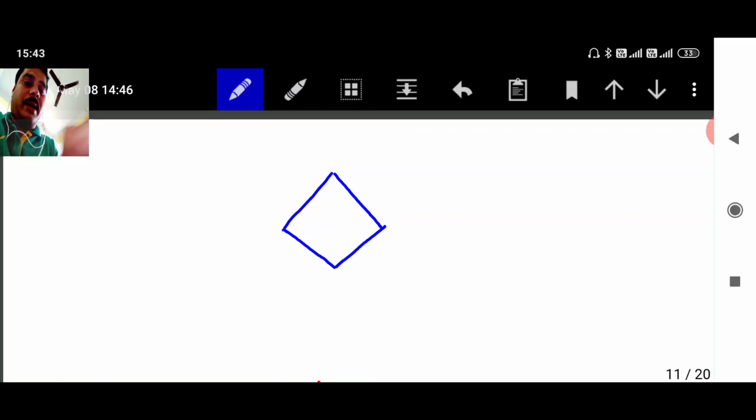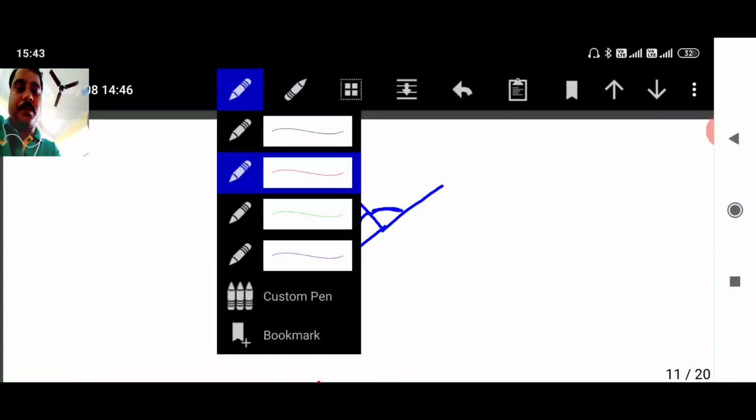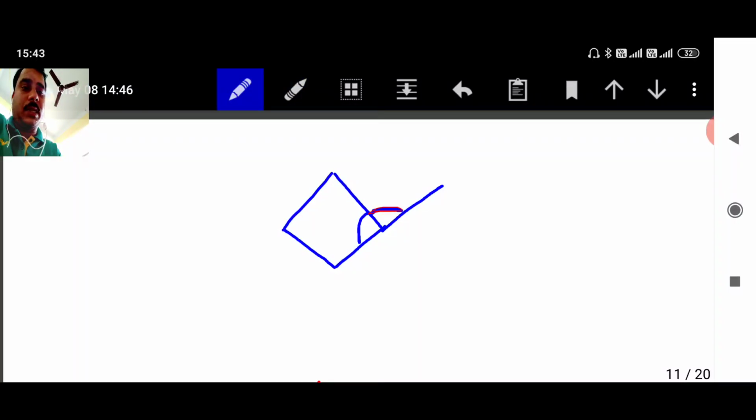Here we can take an example. This is the interior angle and this is the exterior angle, and this plus this angle make a linear pair,